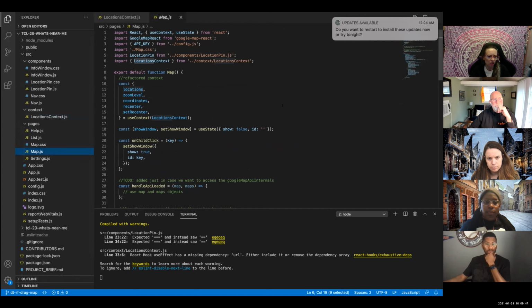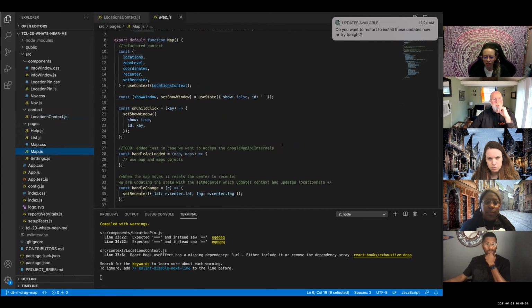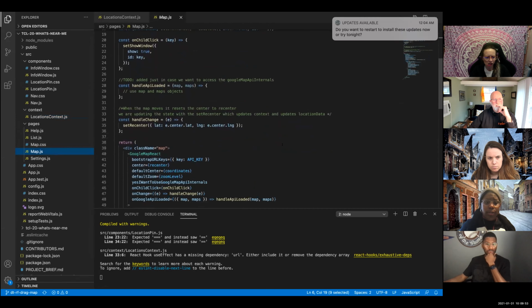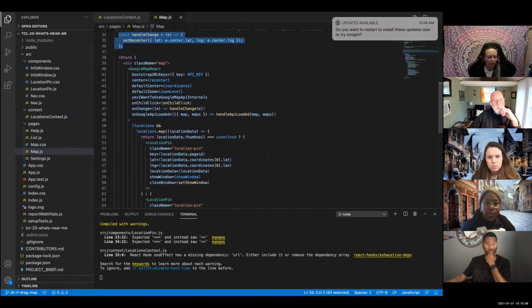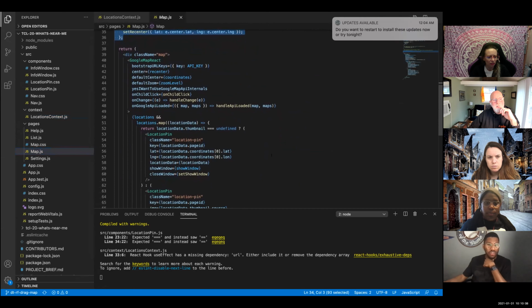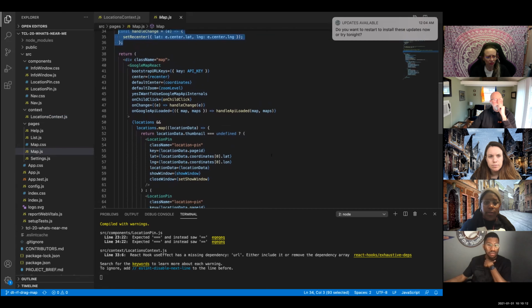Somewhere in here, I'm expecting there to be an event that you're listening for on the map. I believe it's the handle change. Yeah, handle change. So which event triggers that? Maybe scroll down a little bit more. Oh, it looks like there's an on change directly on the map. Line 47. Yes.